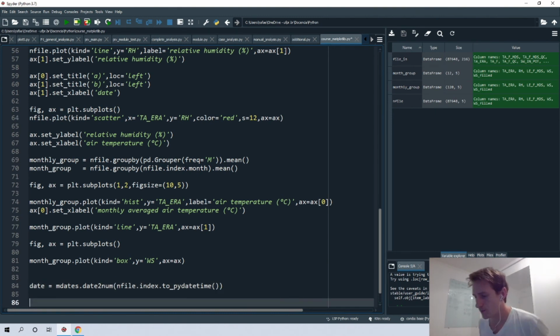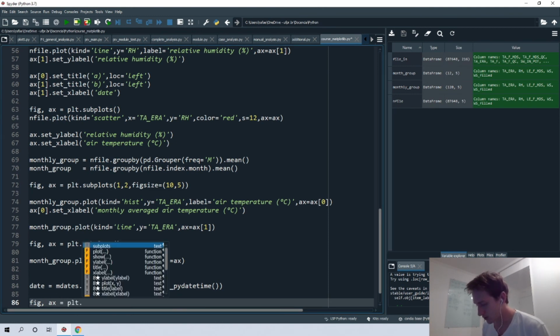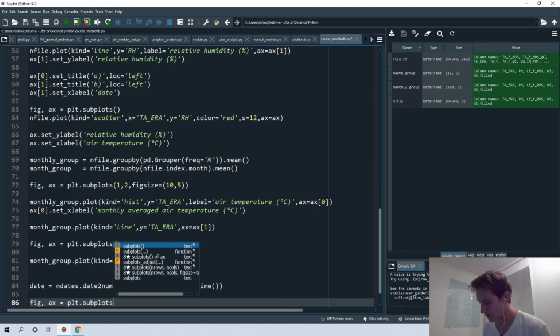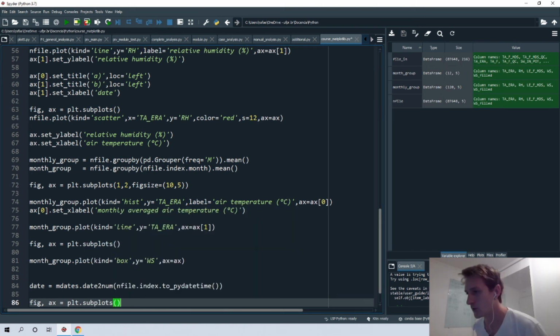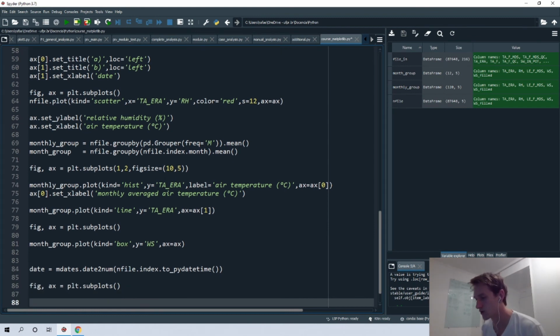Similar to what we did before, we can define our figure. So fig, ax equal to plt.subplots. We don't need to specify anything here, we can use the default values. And then we must define two lists, x data and y data.